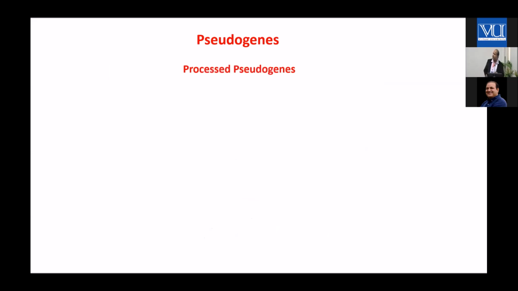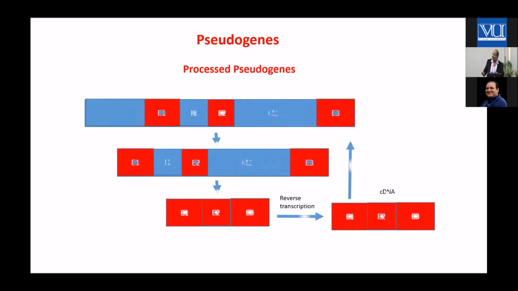There are three types of pseudogenes: processed pseudogenes. These are the pseudogenes which arise because of the retrotransposition of a gene. Because it's retrotransposed, you all know that it will lose its introns. Not only will it lose its introns, it will also lose its promoter. And because of this, the whole regulation of that gene will be sabotaged, and it can very easily be pseudogenized. And this is one of the reasons that we see so many processed pseudogenes as compared to the other two types of pseudogenes. Because if it is retrotransposed, more than 90% of the time, it will be pseudogenized.